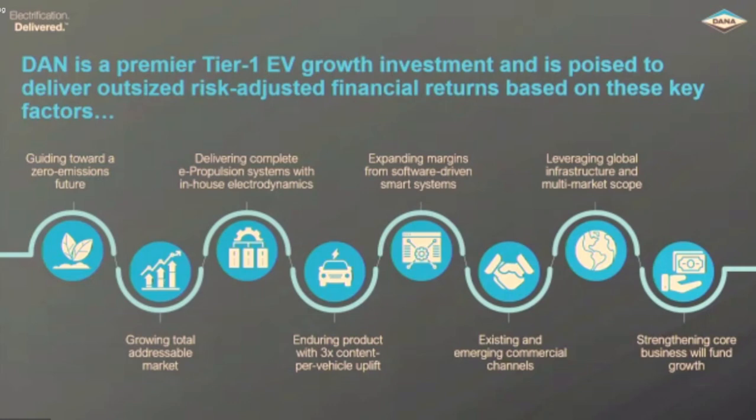We also offer a very interesting play in electric vehicles in that we are providing these systems to both established OEs as well as emerging startups. And there's a lot of competition in electrified vehicles, and all of them are buying axles from Dana to provide propulsion for those vehicles. We're also in a position where we can take this investment we're making and not only scale it across the light vehicle market, but that core investment in electrified axles is relevant for commercial vehicles and for off-highway equipment. So we can get a better return because of the ability to apply that technology to